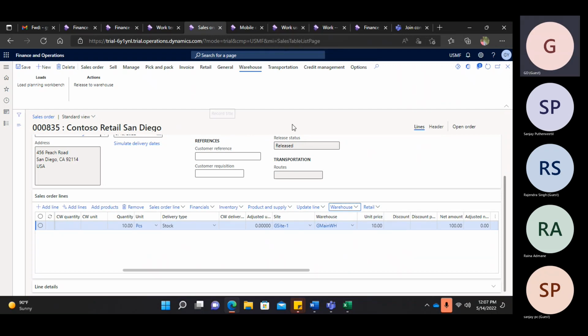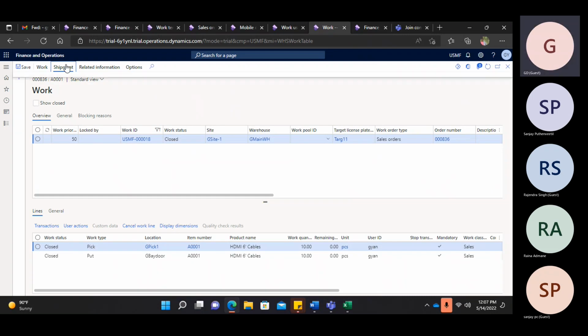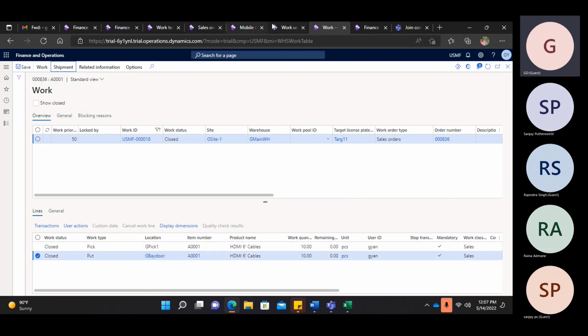Because after that we will receive the item. The process for the sales order should be: create the packing slip, invoice it. Go to the work, shipment, because now the work has been completed and my item is in bay door. Okay, so suppose